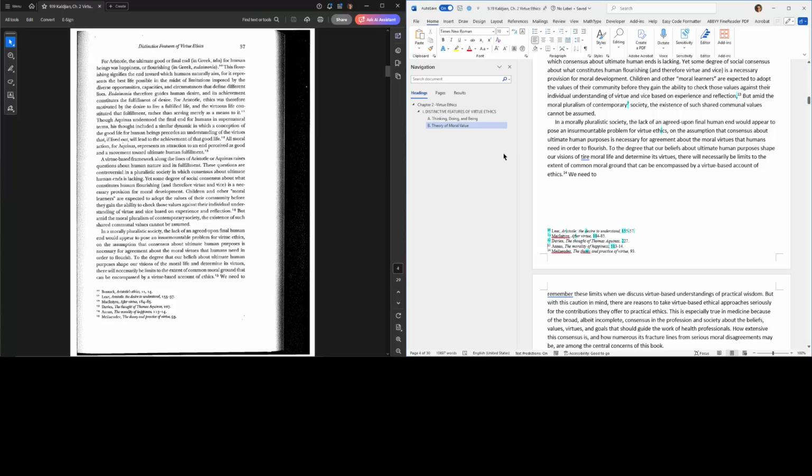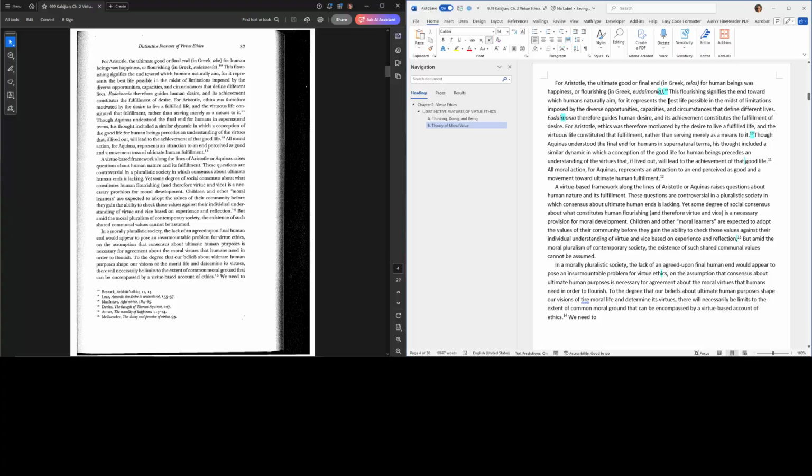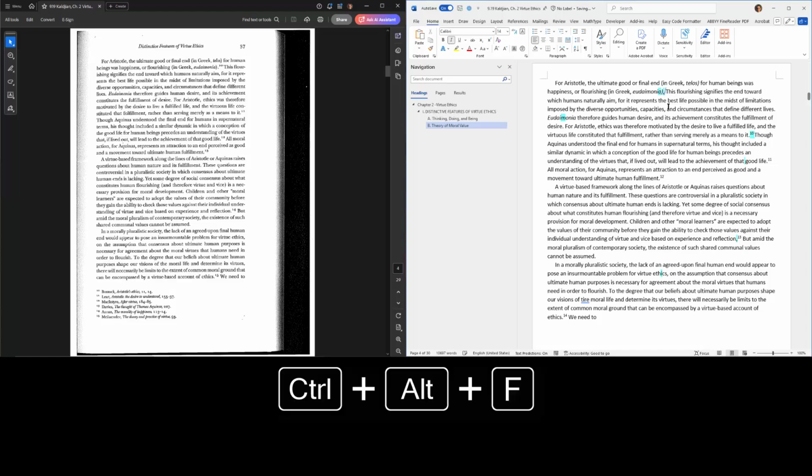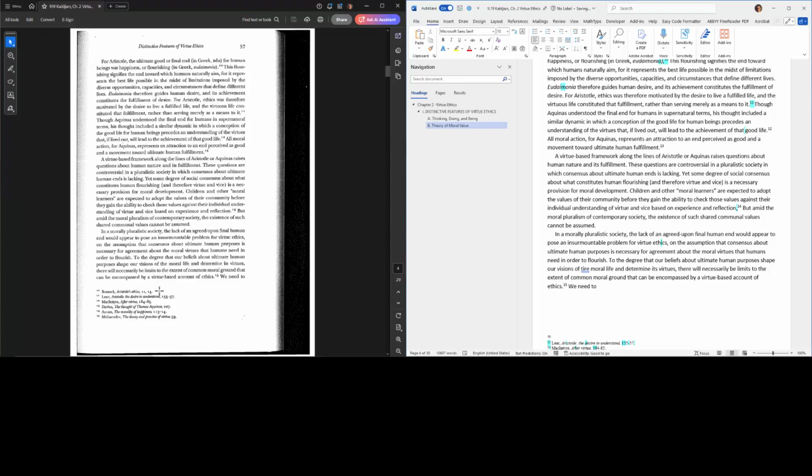But we have reflection. Yeah, it looks like contemporary is not supposed to have a footnote, so I'm just going to get rid of that text. And we're still missing one, and it's because this 10 did not come through. So I'm going to do Control-Alt-F to add a footnote for that. And then,